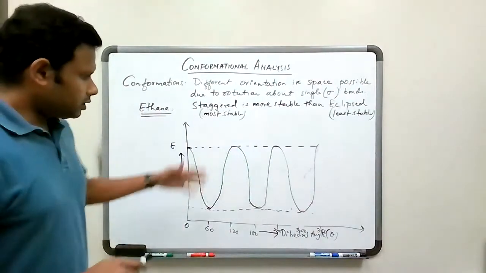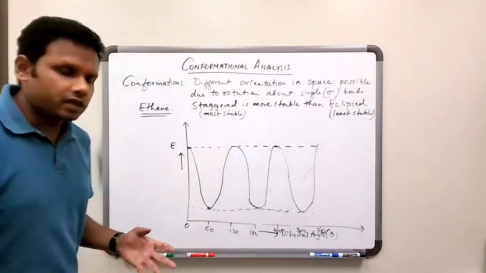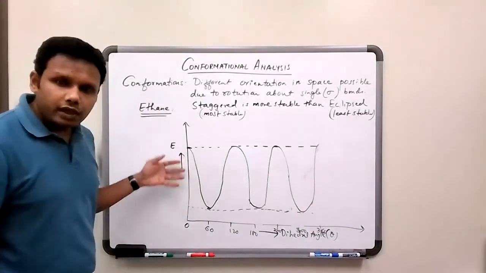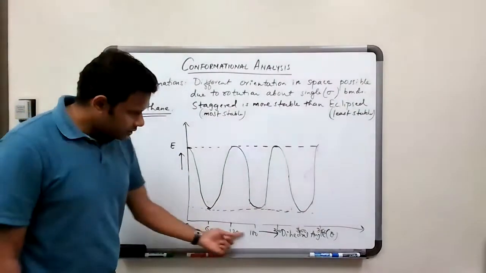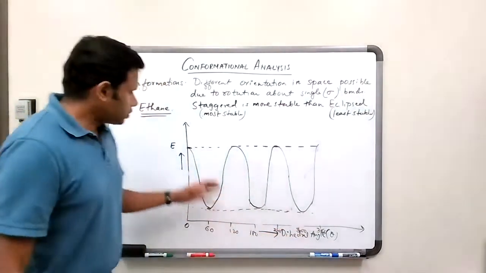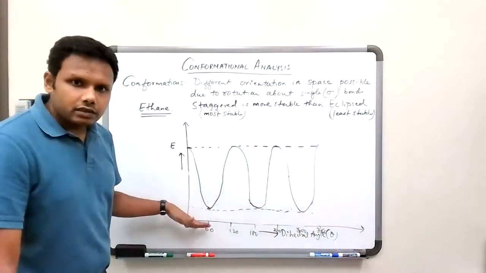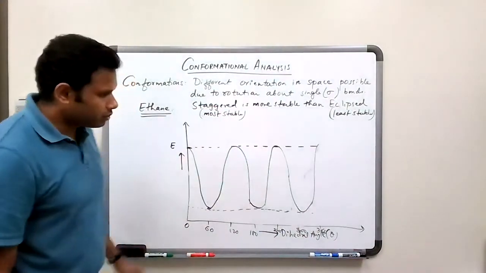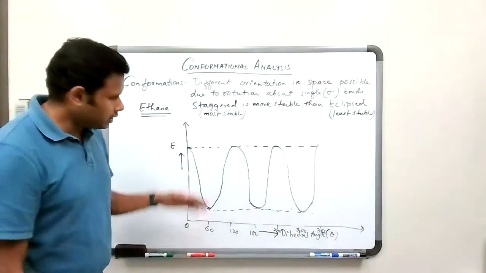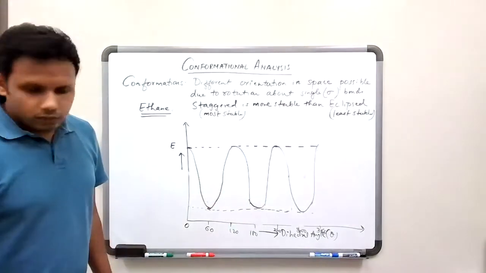So we've got a conformation analysis of ethane now. So conformation analysis is basically the change in energy as a function of conformations, or as a function of dihedral angle. So it is the max when it's an eclipsed conformation, goes down to a staggered, climbs up again to another eclipsed, goes down, and then keeps going up. So you basically go up and down, and there is no other change here. Okay, so now that we've done